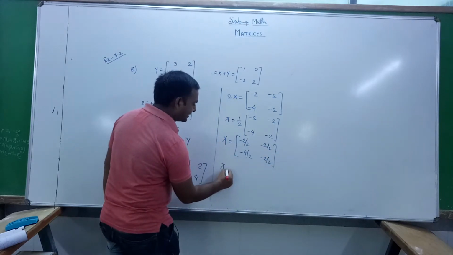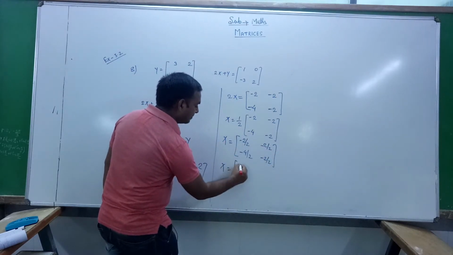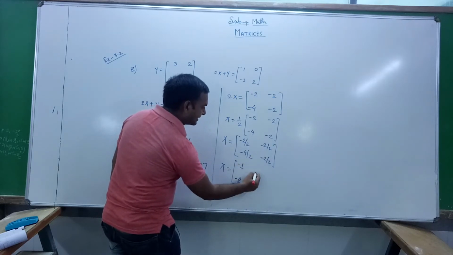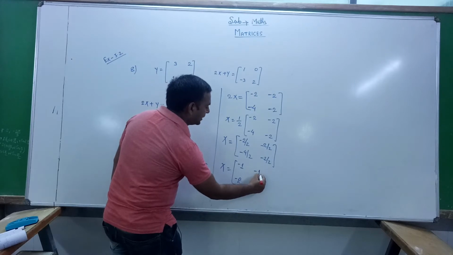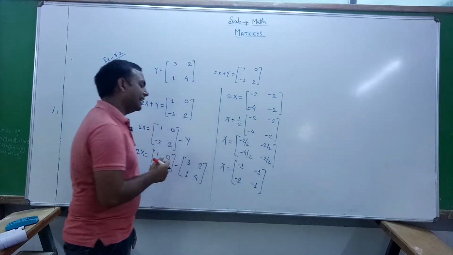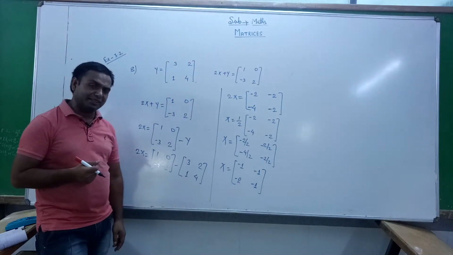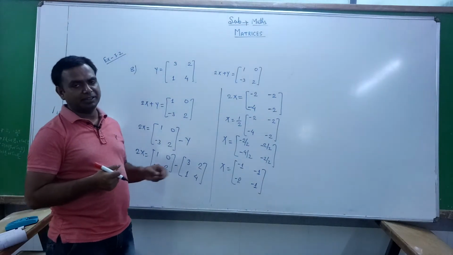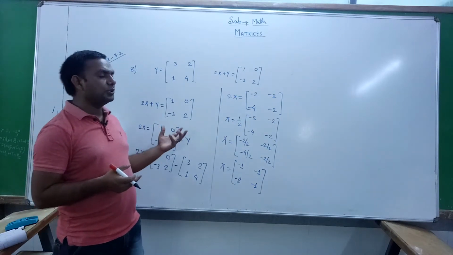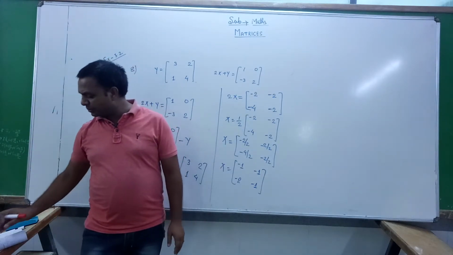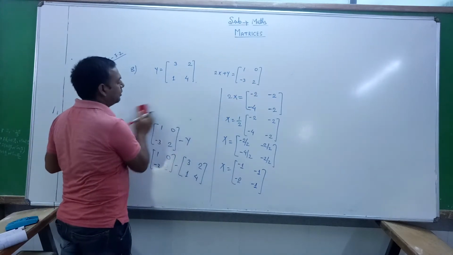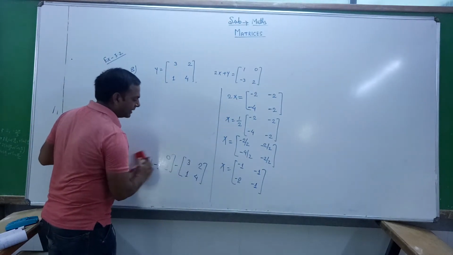Therefore the matrix x is equal to minus 1, minus 2, minus 1 and minus 1. So the value of matrix x is equal to minus 1, minus 2, minus 1 and minus 1. Okay, so this is a very easy way. Then how do you find the values? You solve the question and you can find the values of x of the given matrix.